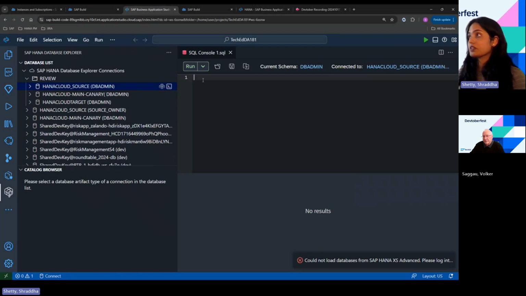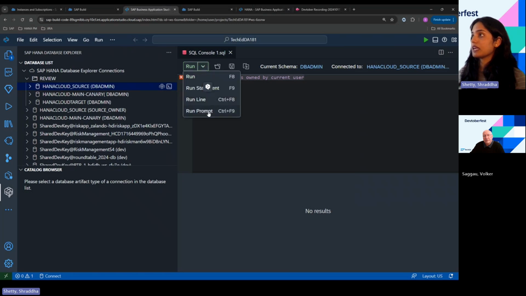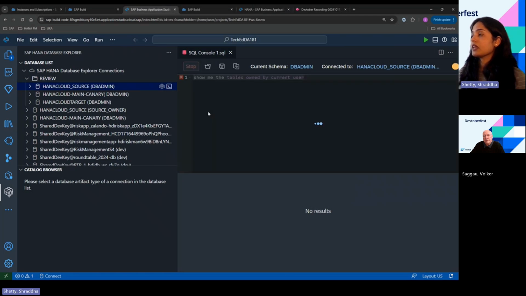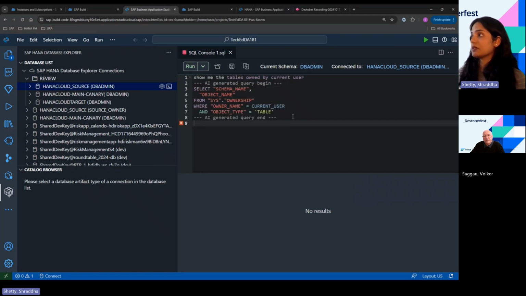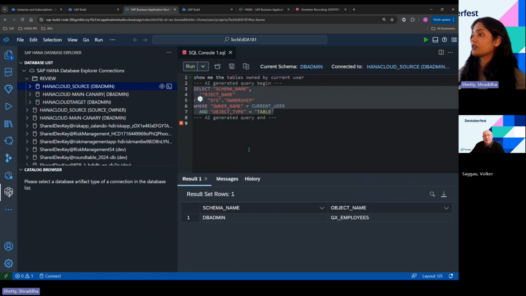Let's execute a simple statement, which basically shows us all the tables owned by the current user. So this is the natural language. We highlight that particular statement and click on the option Run Prompt, which takes a couple of seconds and generates the SQL statement based on the prompt that we have written here. And once we have the SQL statement, we can just select the entire line and click on Run. And that would show us the output that we have here with all the necessary data. So that's all about the GenAI feature here, and that's all about the SAP HANA tooling